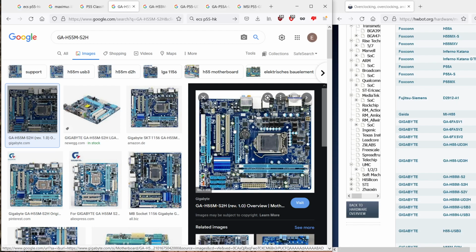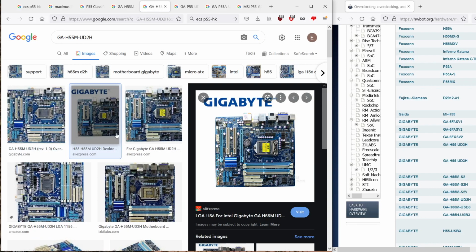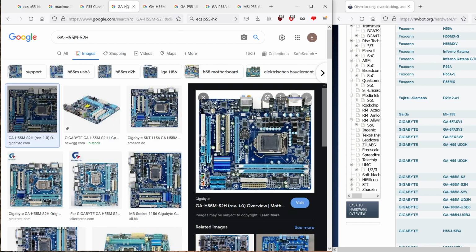Personally, I had a hard time getting these things to 250 BCLK, and there's also a cold bug mod for these boards. So I will do a video on that someday when I get back into 1156 benching a lot. On my UD2Hs, it worked fine. I gained like 30C on some chips, and on this board I did it, and it didn't work at